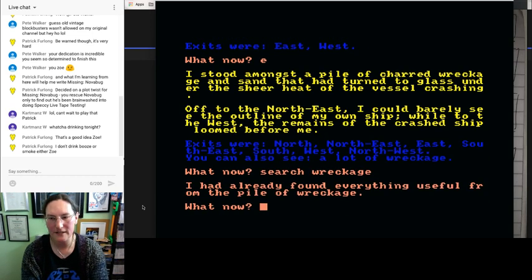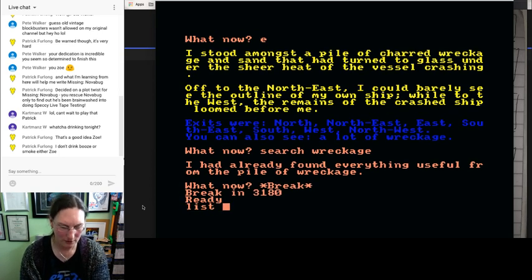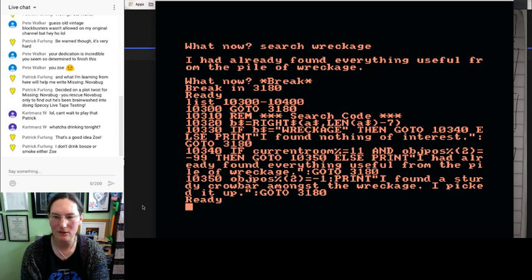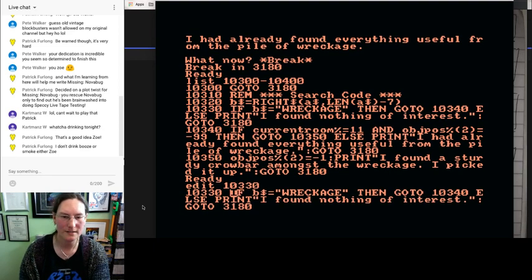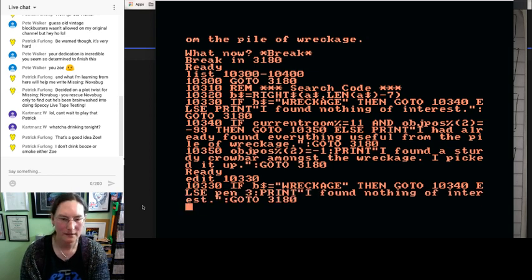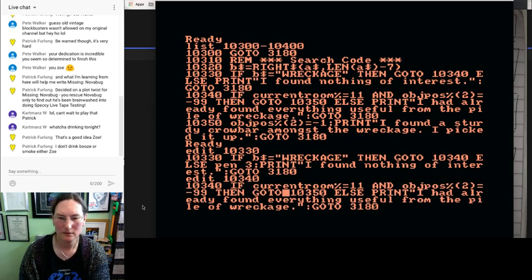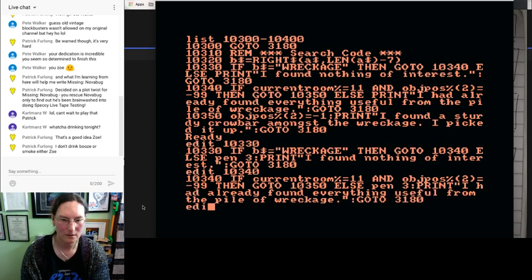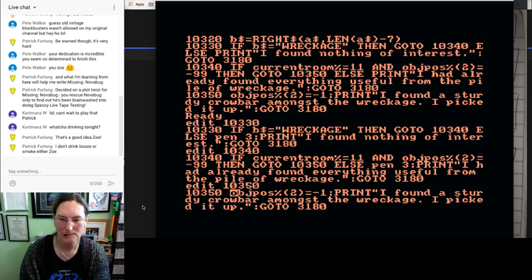And I'd already found everything useful from the pile of wreckage. I want to change that though. 10300 to 10400, because all of the code is coming up in pink. So edit 10330, where it says here, print I found nothing of interest. Pen 3, print. Edit 10340, pen 3, print. Edit 10350,